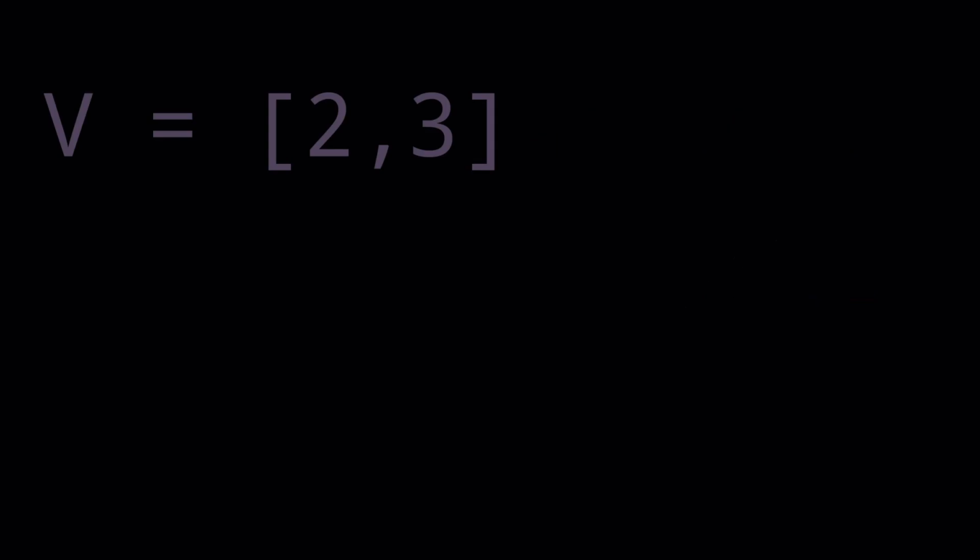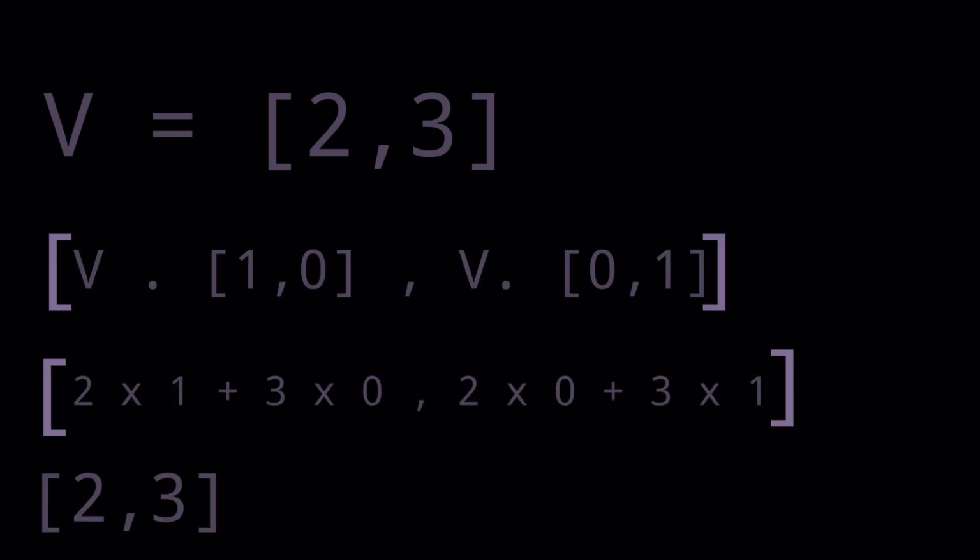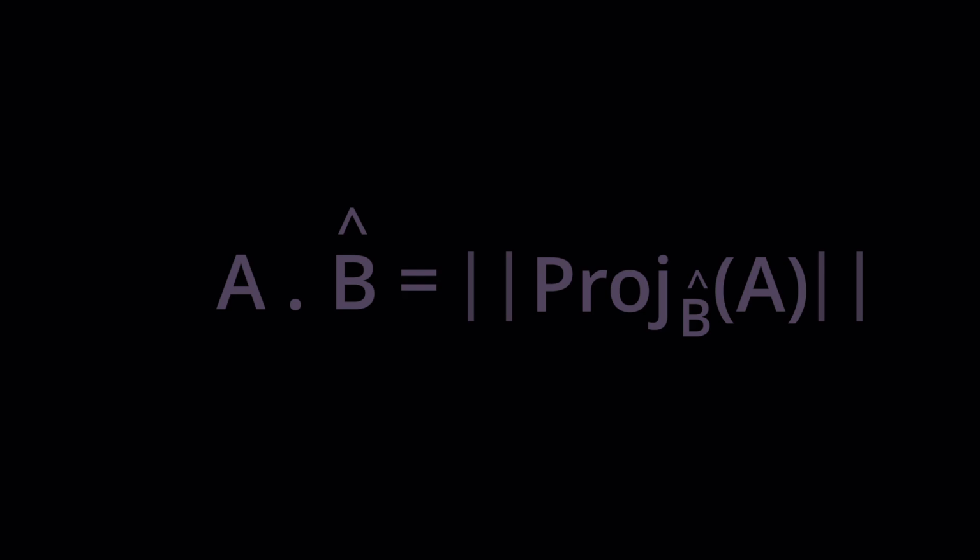For example, each component of a vector can be written as the dot product between the full vector and the unit vector in the direction of the respective axis. The dot product between the vector and the unit vector representing the x-axis will result in the length of the vector which aligns with the x-axis, as the y value is multiplied by 0 and left out completely. The same also applies to the y-axis. The dot product between the same vector and a unit vector aligned with the y-axis results in the length of the vector which aligns with the y-axis. This logic can be applied to project any vector onto any axis represented by a unit vector, meaning the dot product between vector A and the unit vector of B will result in the magnitude of the projected vector, the value that we are looking for.